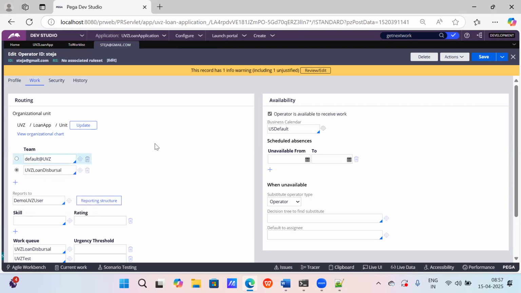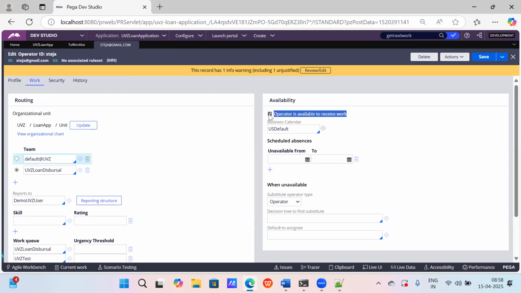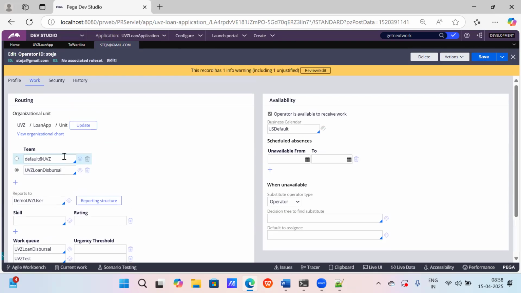So let's consider a user says that for the loan disbursal work group, I'm not getting any work. So you need to debug the situation. The way that I have explained the scenarios, the question can come in any way. So how to debug is something which you need to keep in your mind. In order to debug, first go to the operator profile and see whether that person is enabled or not. Yes, this option is enabled. Then this option is also enabled. Then check the other feasibilities, like what are the options in the default one. Am I clear? Got it?